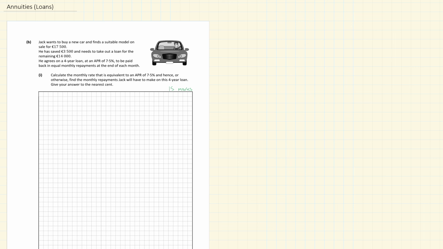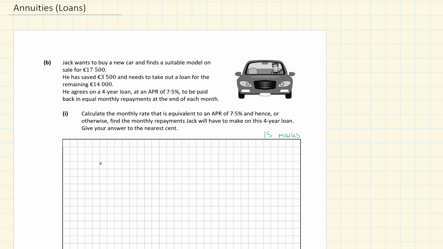Okay, so in this video we're going to have a look at annuities again, but this time it's the type where there's a repayment being made. So something like a car loan, maybe a credit card loan, a mortgage, something like that. So we'll be setting up a series, and in this question here our goal is to figure out what the